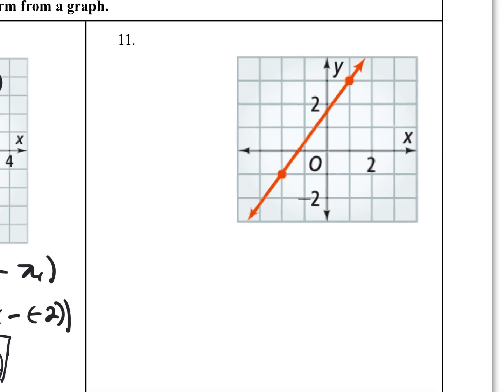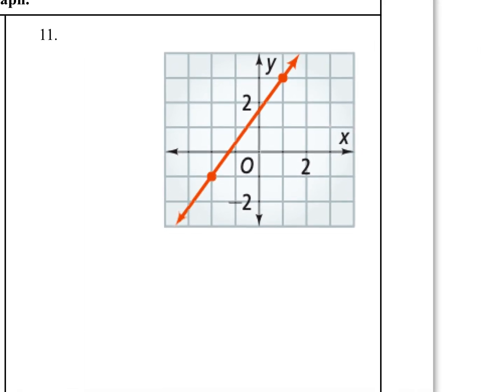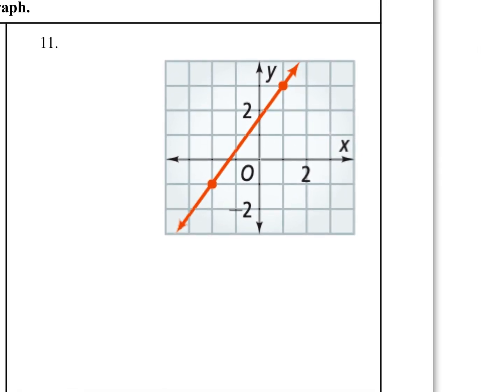Okay, the next one, we are given 2 points again on the graph. So the first thing we're going to do is to look at these points. What are these points? It's going to be 1, 2, negative 2, and then negative 1. So this point is negative 2, negative 1, and this point is 1, 3. Let's find the slope. Okay, so since the slope is positive, it's going up, this is going to be my